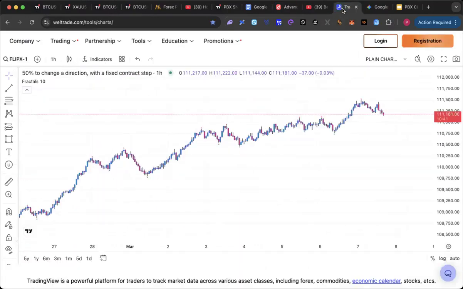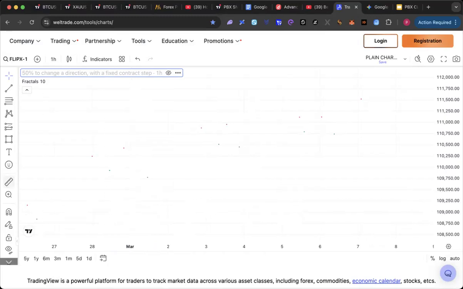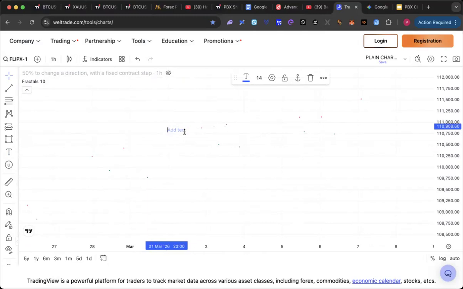Now, to trade synthetics, it's the same process that you're going to do. So if you look at the few things you're going to look at, for instance, let's go this way. Number one, we're going to have the key levels. We're going to have key levels, right? Key levels. So you're going to have key levels, and then you're going to have your